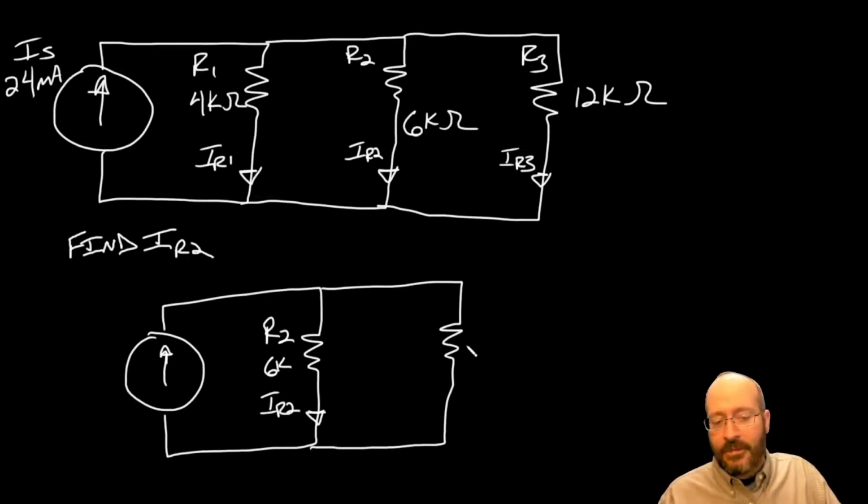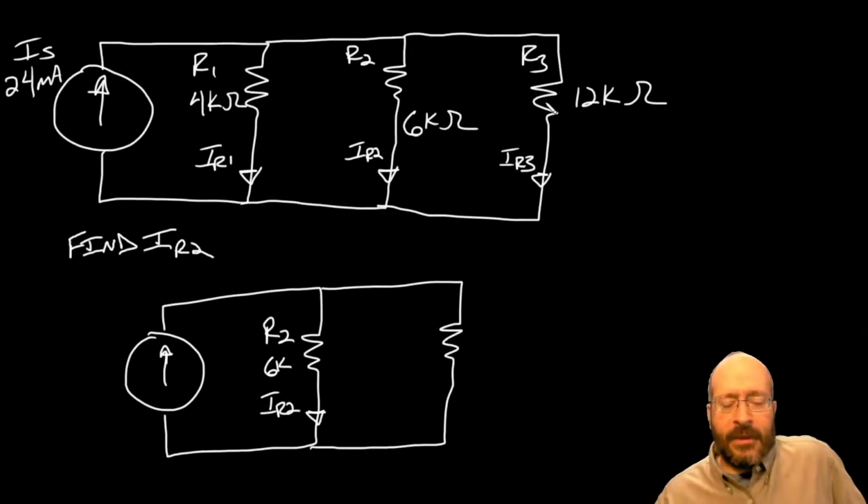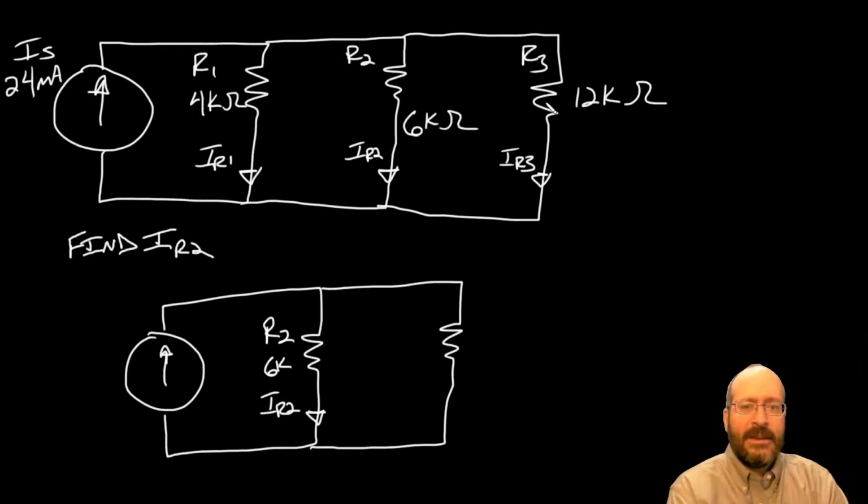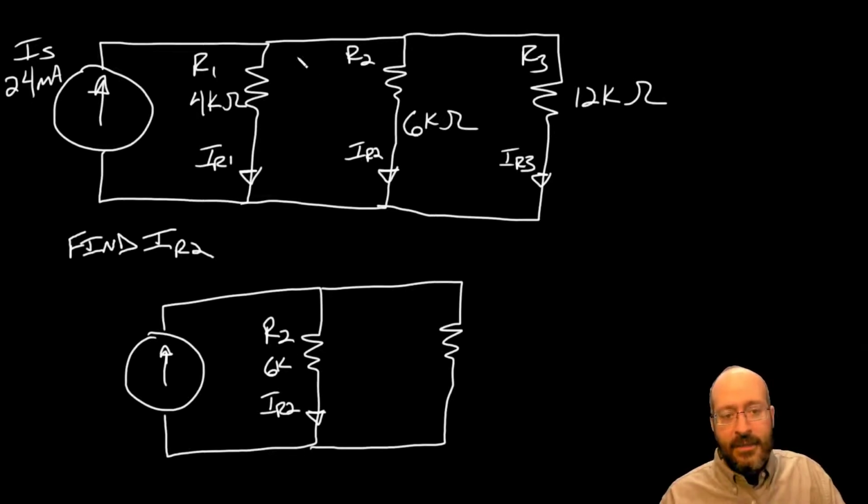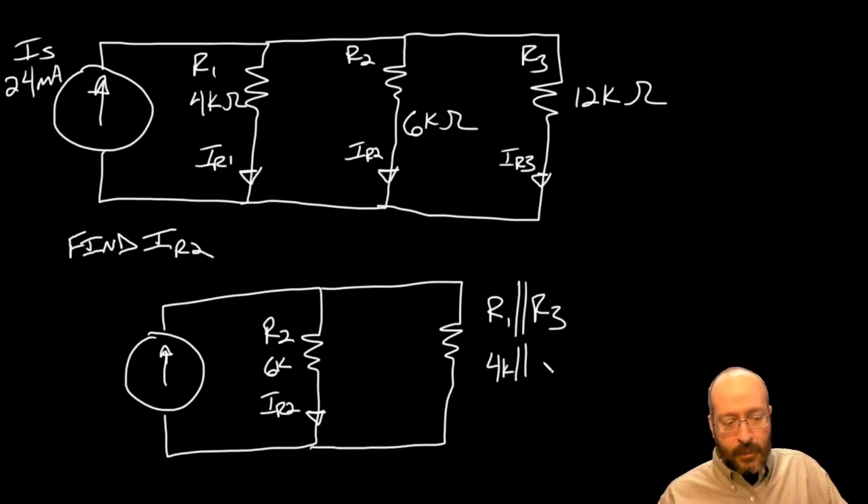And this resistor over here becomes the parallel combination of these two. Some people get uncomfortable with this because R2 is in the center of it, but the definition of being electrically in parallel just says that they need to be connected to the same two nodes. We already checked that they're connected to the same two nodes. So even though they're separated by another component going down the middle here, they're still electrically in parallel, and we can say that this is going to be R1 in parallel with R3. Okay, so that's 4K in parallel with 12K,